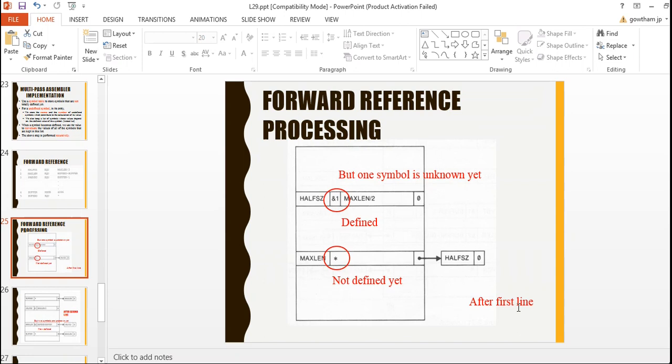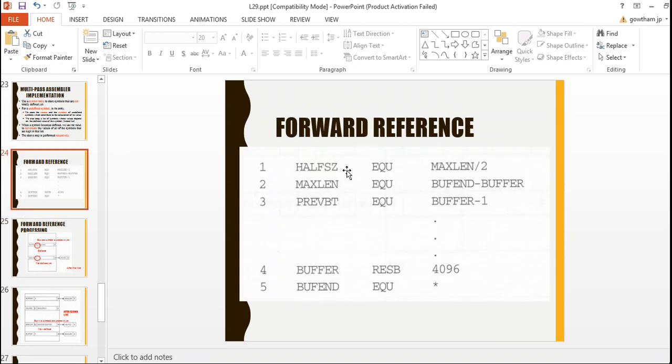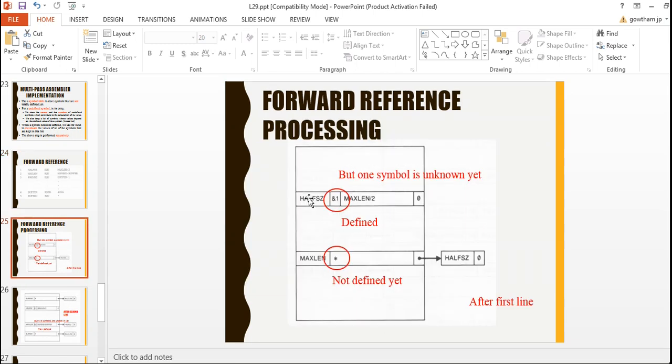This is after scanning the first line. The first line is half size equal to max length by 2. Now, max length is undefined, so the calculation cannot be done. So we enter half size, the symbol name, into the symbol table with the number 1, the number of undefined symbols.